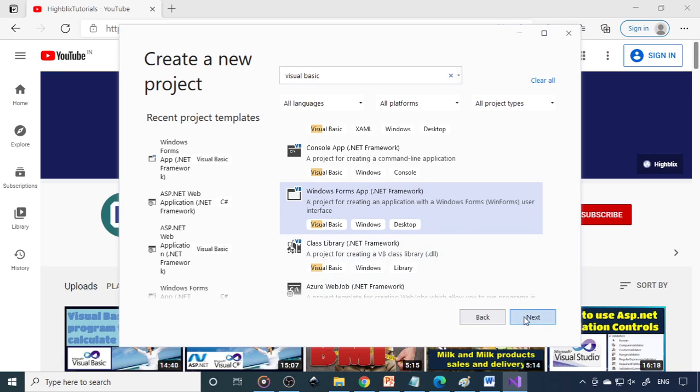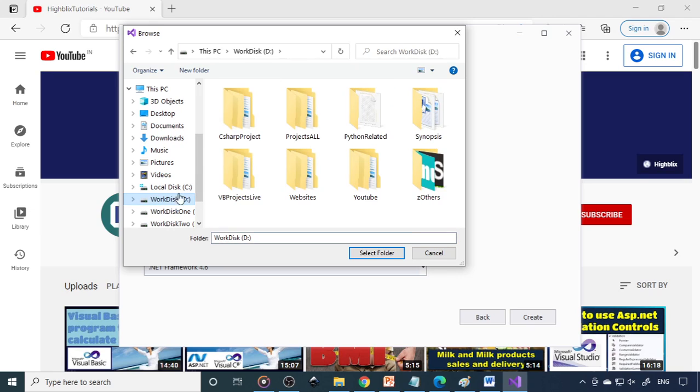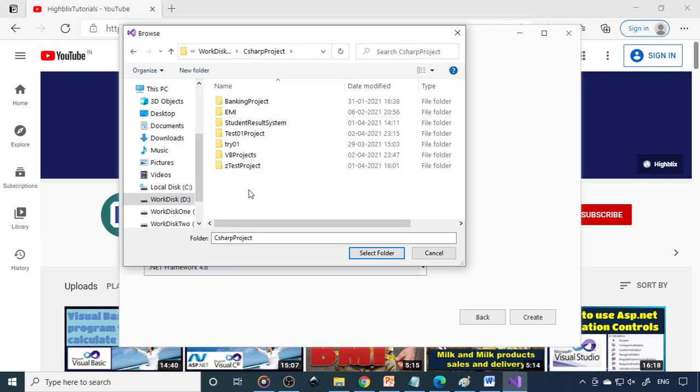Then you take next. So here is the project name. You can give banking project. Then where would you like to save the folder? If you want to browse, go to D drive, project, and choose the folder you want.